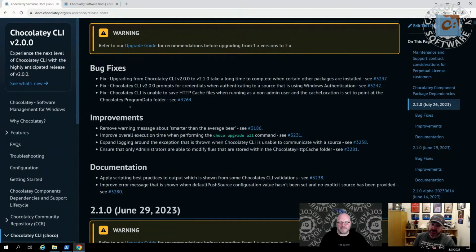Okay, so the next one, Chocolatey CLI v2.0, prompts for credentials when authenticating to a source that is using Windows authentication. So this one was an interesting one, mainly because I don't think I've ever actually seen someone use Windows authentication when using a package repository. Typically, when you are doing package repositories, you're using API keys or normal username and password, or potentially a certificate